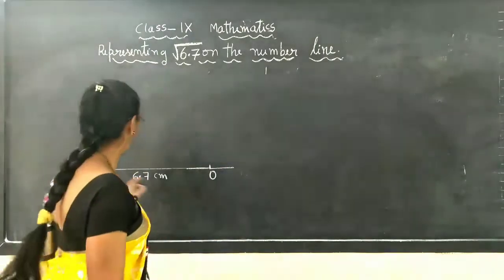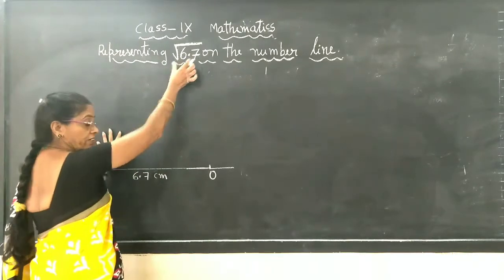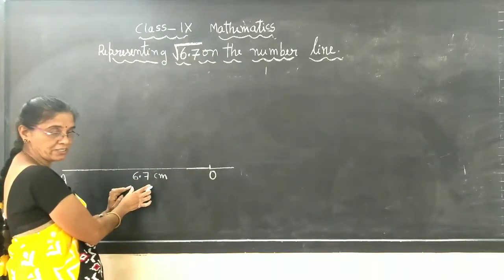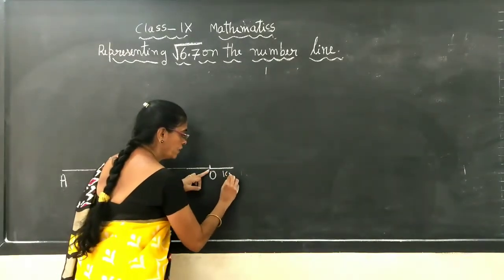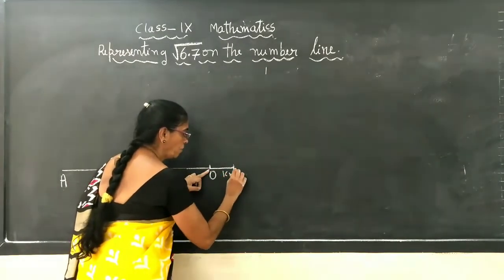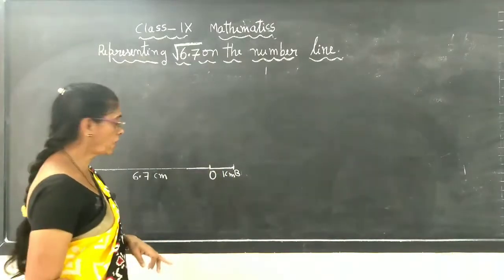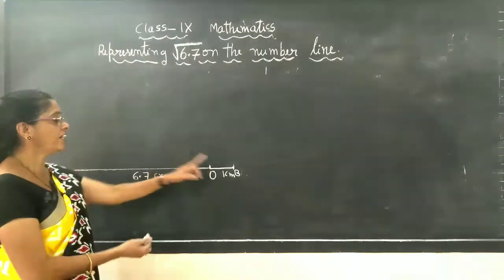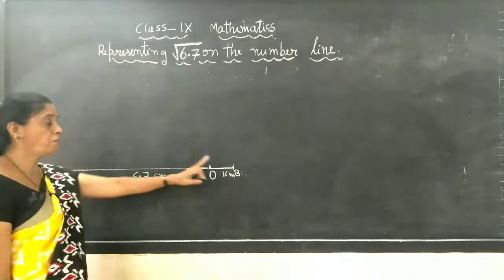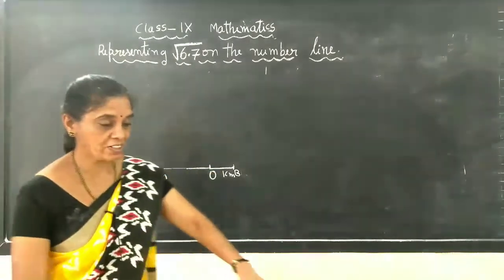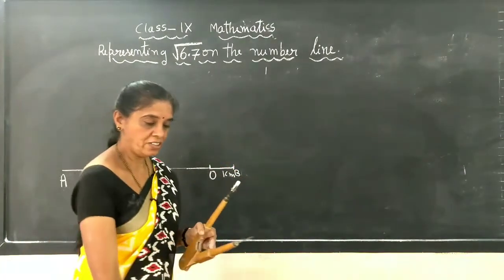First step, draw AO taking whichever number they give. So I have taken 6.7 centimeters. From this point, exactly 1 centimeter you have to draw to get a B point. The next step is we have to find the midpoint of AB. It is difficult to measure, and to find it exactly,